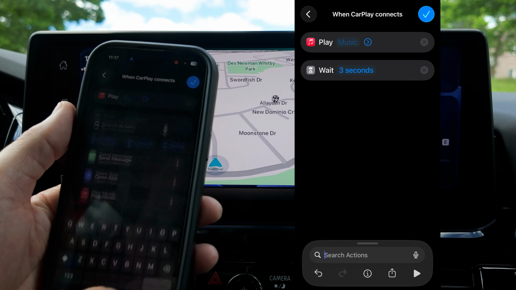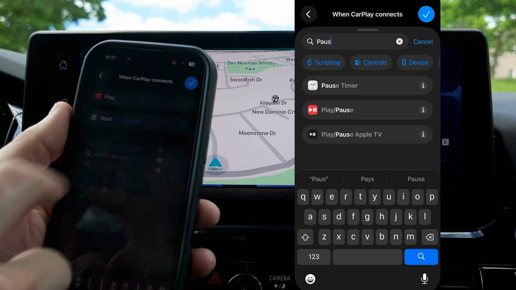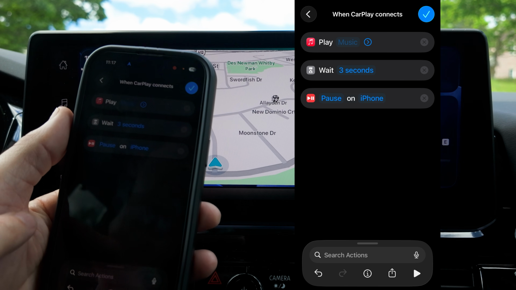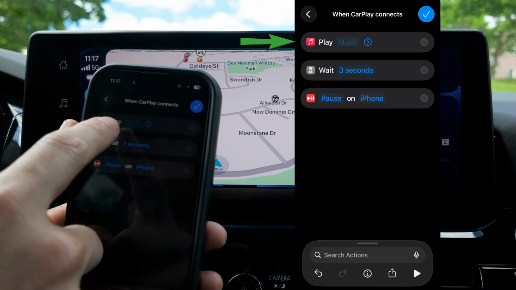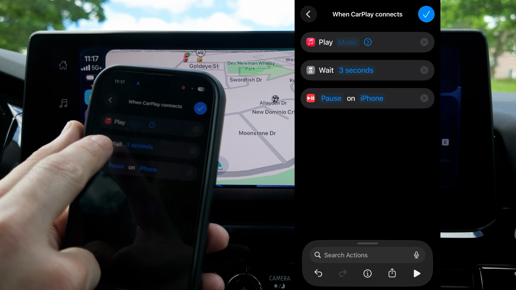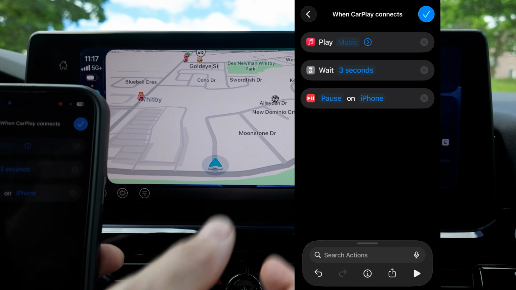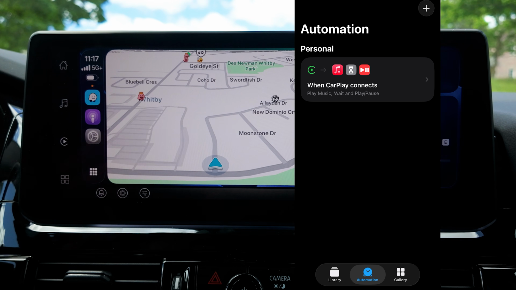And after 3 seconds, the next thing that we want to do is search for pause. You want to make sure that you highlight play pause and change specifically to pause. So what's happening here is when CarPlay connects, it's going to play music automatically. It'll wait 3 seconds and then it'll pause. So when you start your vehicle up, you might hear audio for a brief second and then it's going to pause it from playing. So now every time you start the vehicle up,